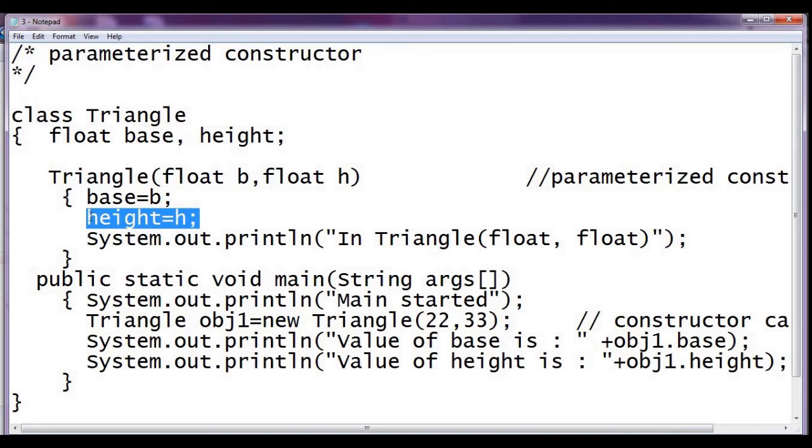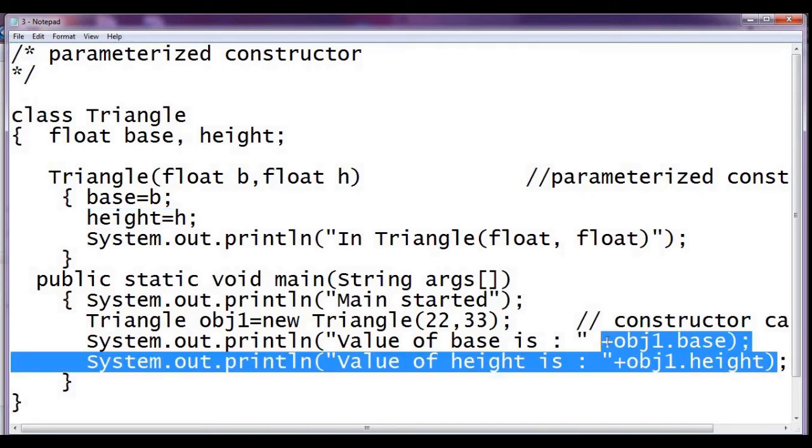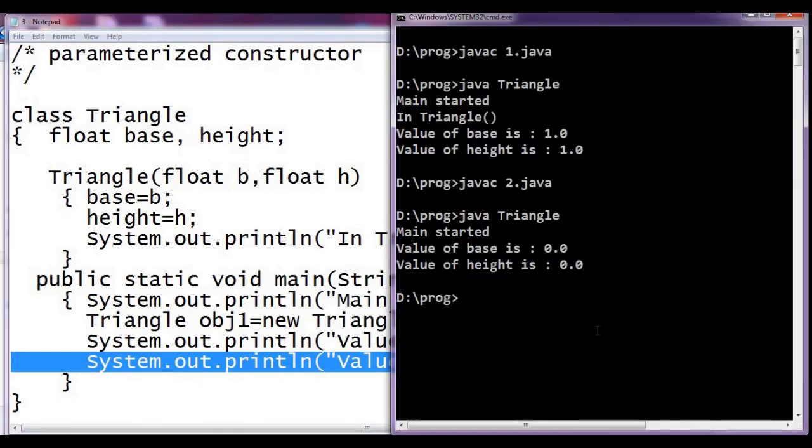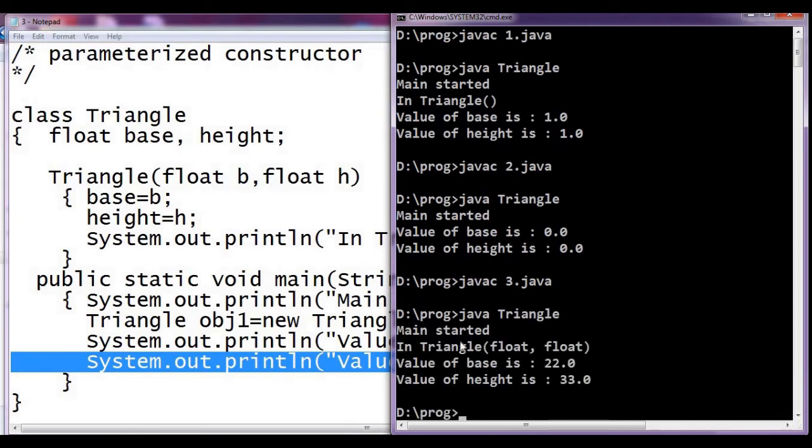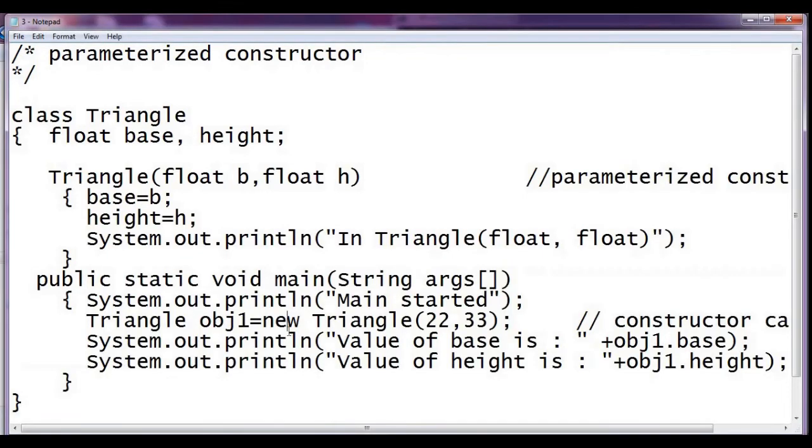Then we are printing the content of that base and height. Let us check it. See, the base is 22 and the height is 33. So this is basically a parameterized constructor.